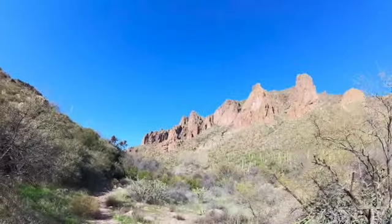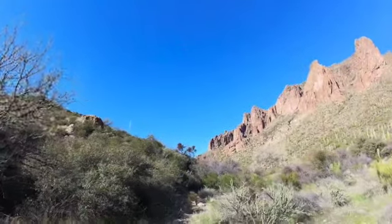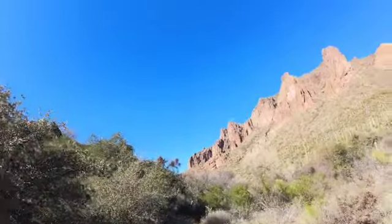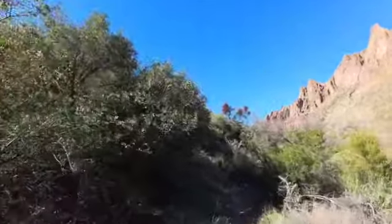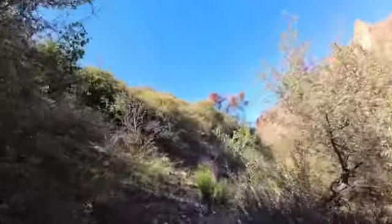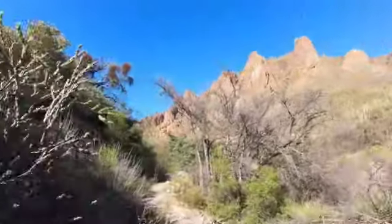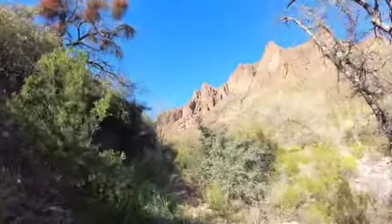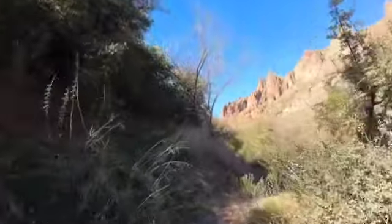There's that one red-tailed hawk. At least it looks like it has a little bit of red on the tail, but I'm not sure exactly what it is. So anyway, what I was going to say is there's a stretch back there that's very, very sandy. It's like literally walking on a beach. So when you run across it, you'll know it. It just stretches for, I don't know, maybe a quarter of a mile